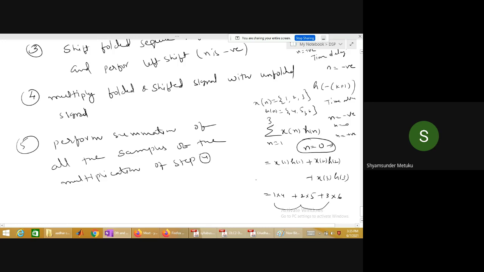Again, I'm explaining the other way. x of n is 4 samples. h of n is also 4 samples. Don't you think y of n will be at least 4 samples? In general, if the length of x of n is 4 samples and the length of h of n is 4 samples, at least we expect the output y of n must be more than 4 samples, no? Yes, sir. So when we are performing step 1 to 5, we are only calculating for one particular sample. Yes or no?